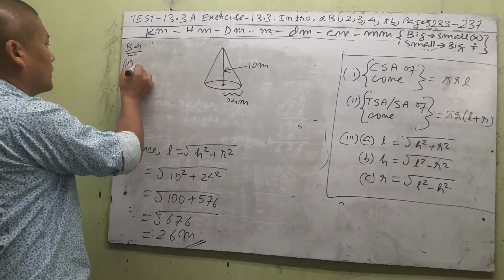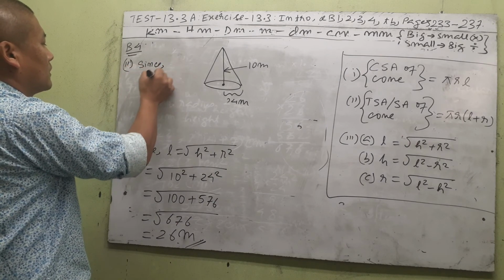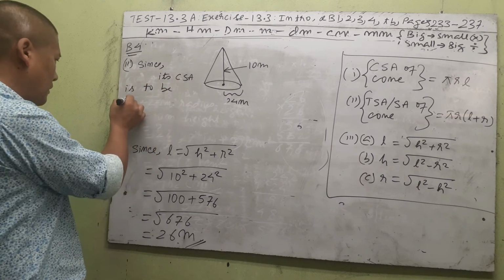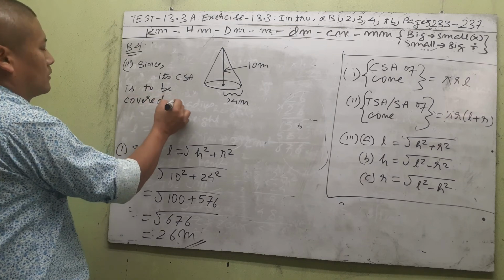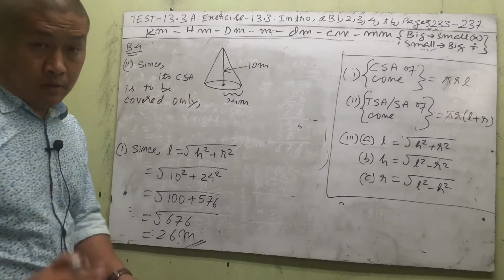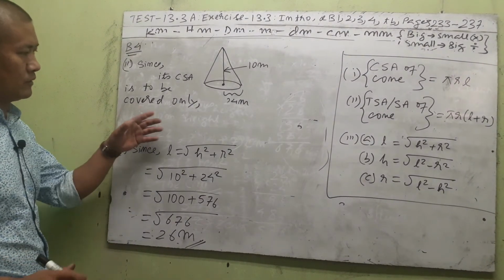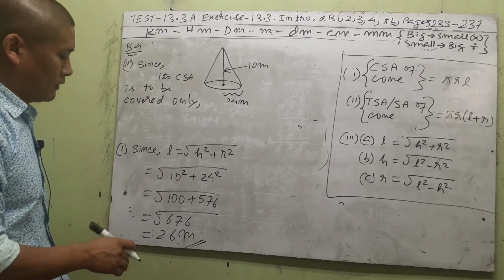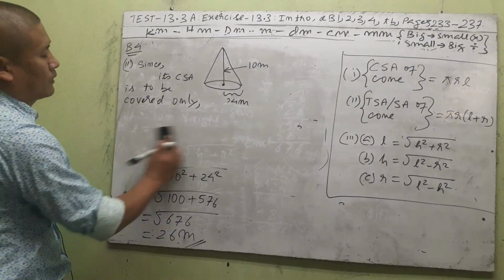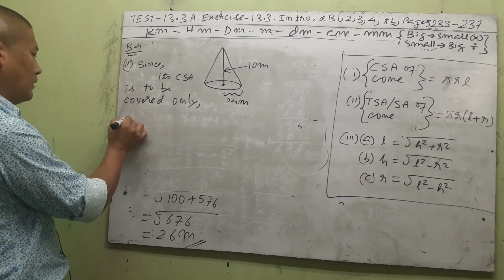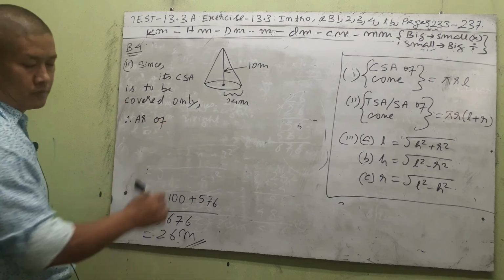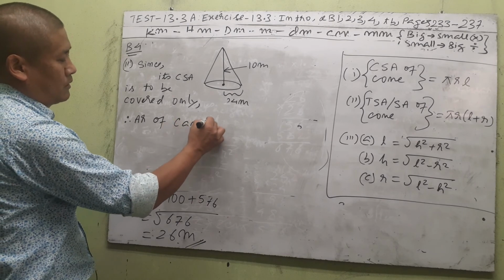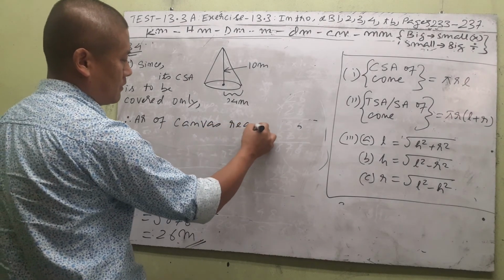So, I can write here, since only its curved surface area is to be covered, not the base, so it's not total surface area, because the base is not going to be covered. We're going to put covering only on the curved surface. That's why the area of the canvas cloth should be the curved surface area. So therefore, area of canvas required will be